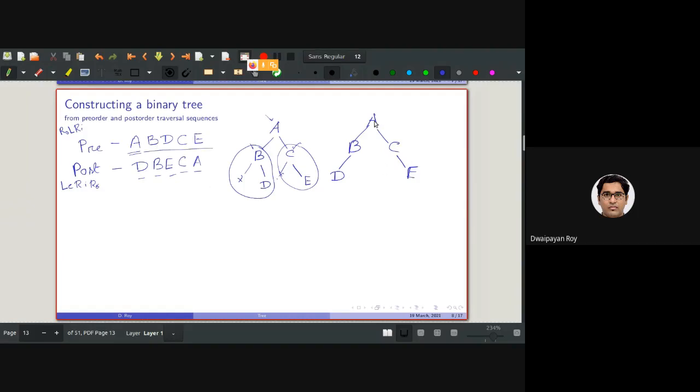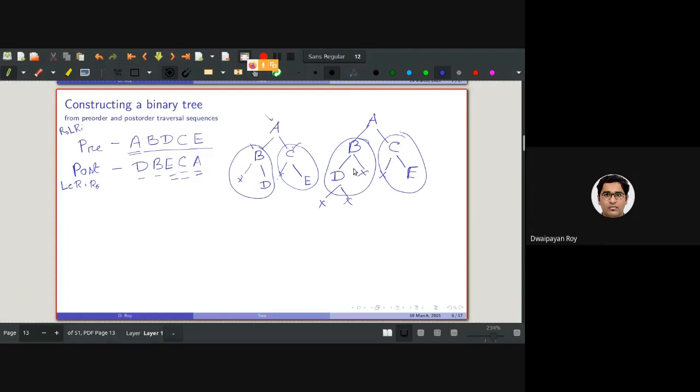And the post-order traversal will be left, left, left is null, right is null, then the root, basically D. Then for this tree, left is null, left is done, right is null, then root B. And for the whole tree, left is done, right, so this one null. So for this tree, left done, then right, basically E. For this tree, left done, right done, then root, basically C. And for the whole tree, left done, right done, then the root A.